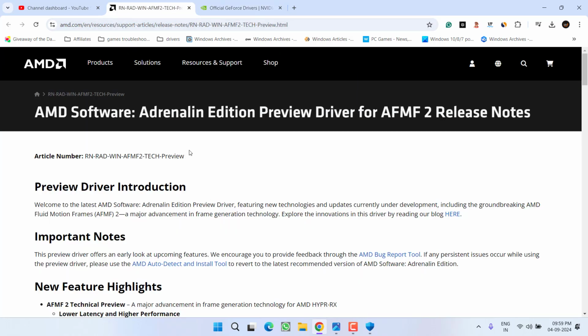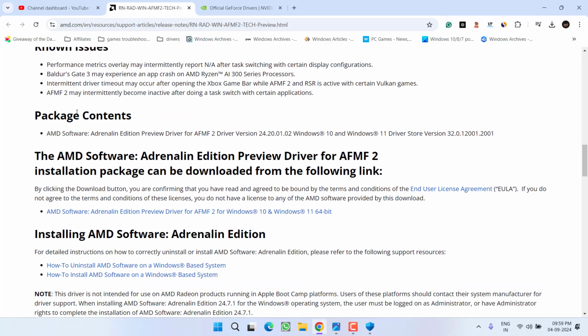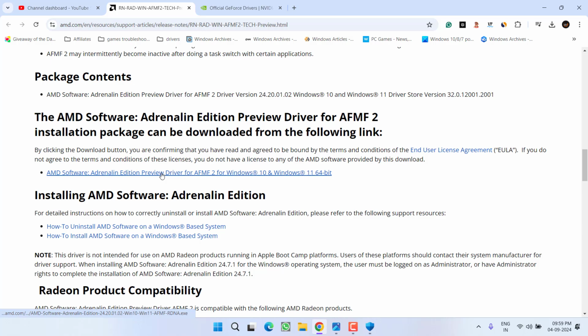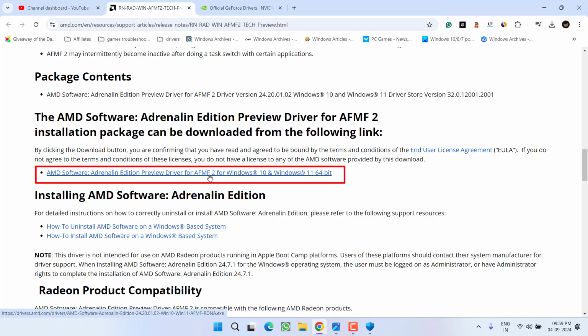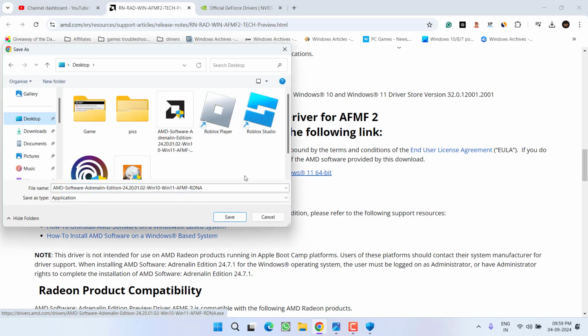Open this official website of AMD, here scroll down and under the package content, you will find the download link. You need to download the AFMF2 driver with version 24.7.1. So simply click on this particular link, save it to the desktop or wherever you want, and once downloaded, go ahead and install these drivers on your system.